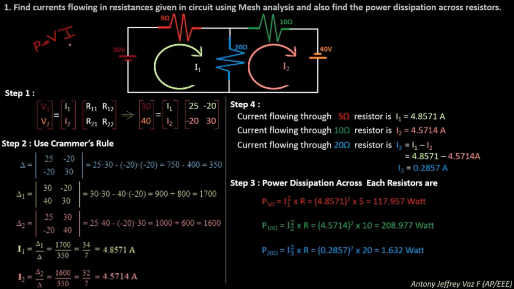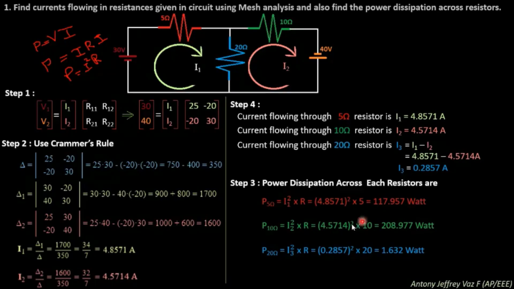Next, what you know is V is equal to I into R. So substitute I into R over here. So what you get is P is equal to I square R. You know the current I1 which is flowing through the 5 ohm resistor, which is nothing but 4.8571 ampere. So substitute the value of current I1 square over here and put the 5 ohms as a resistance over here. So you will be getting 4.8571 whole square into 5,